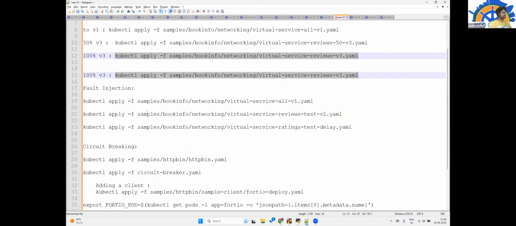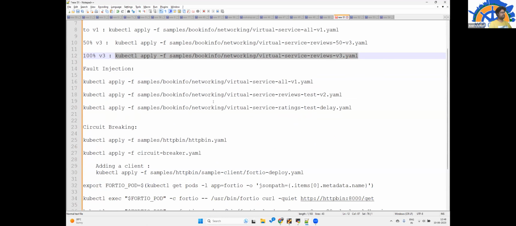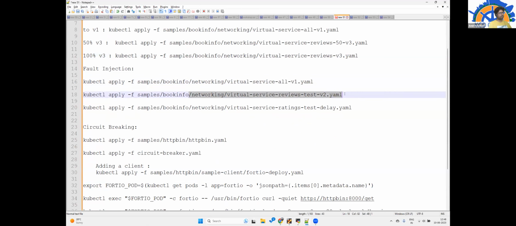Okay, fault injection is something which we discussed just now. In this section, all the traffic is going to V1, and then we route some of the traffic with a certain name to V2 and the rest to V1. With this, we are going to insert a delay, which is a fault.